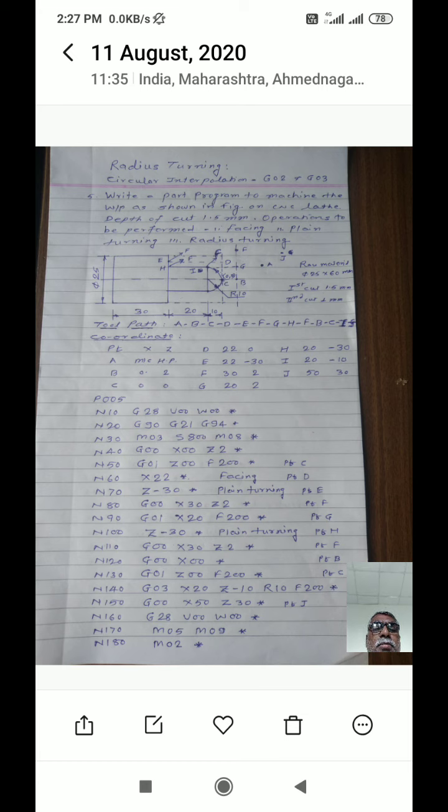Then from point C you have to move the tool to the point D for the first cut. First cut is 1.5 millimeter, that is point D. When the tool moves from point C to D, the facing operation will be performed. Then when the tool moves from point F to E, the first cut, that is plane turning operation, is performed.